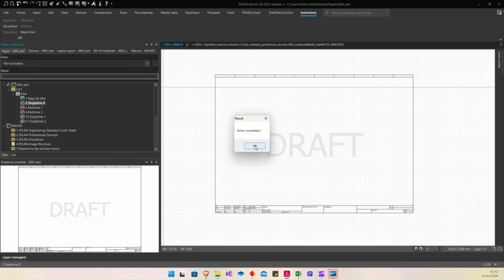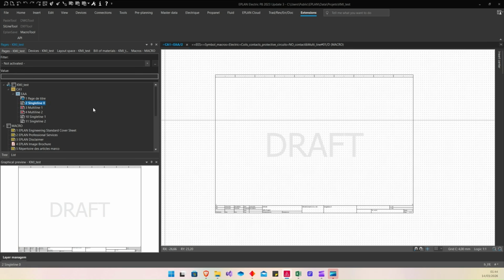Also, I forgot to tell you that basically the macro tool stops when it finds an empty row in your Excel file. So when the macro reads the Excel data, when it finds an empty row, it stops the execution of the macro.